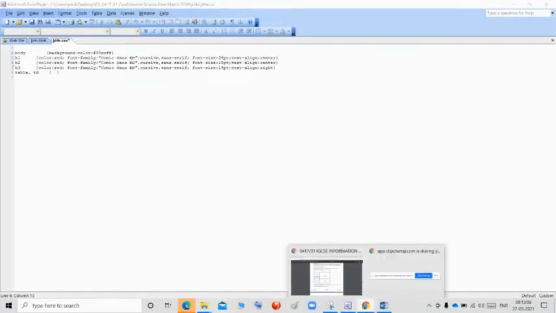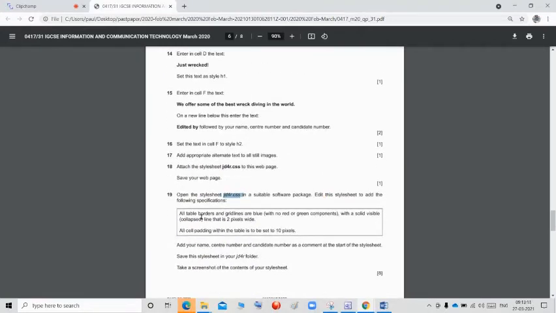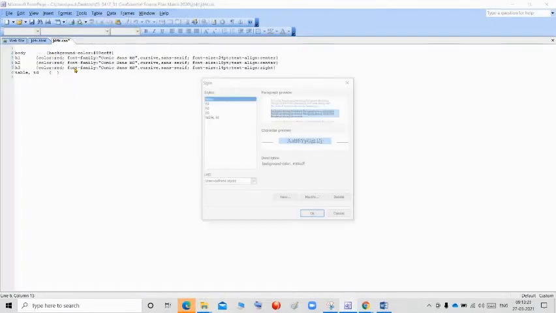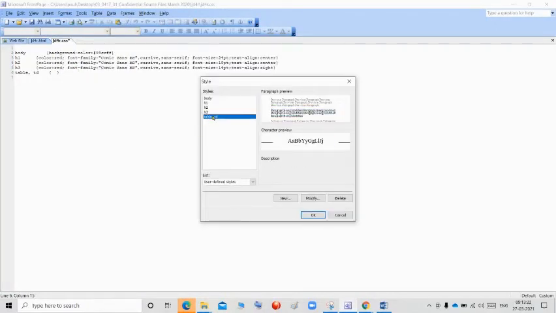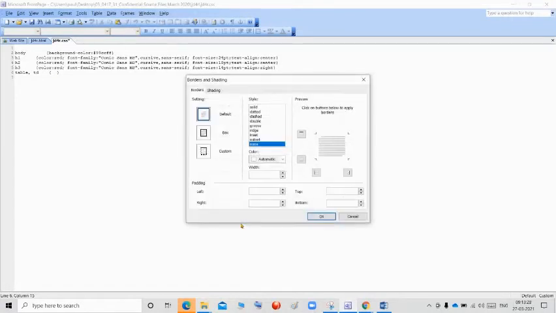After that, go to the question. What they are saying is all the table borders and grid lines are blue with a solid visible line that is 2 pixels wide. So I'm going to Format, go to Style, select table, TD, click Modify, go to Format, and go for Border. In this border, I'm going to select solid.